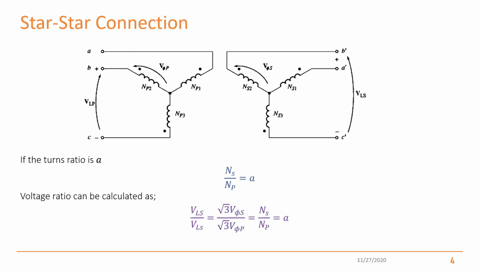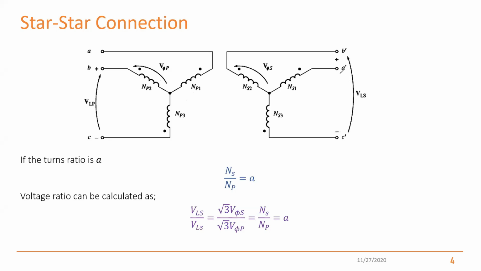It is very straightforward as it seems, and you are very familiar with this also. This is the primary winding and secondary winding. Here the number of turns, even though it says NP1, NP2, NP3, for each primary coil should be the same. Unless there is an unbalance, they should be the same. For the secondary also the same.